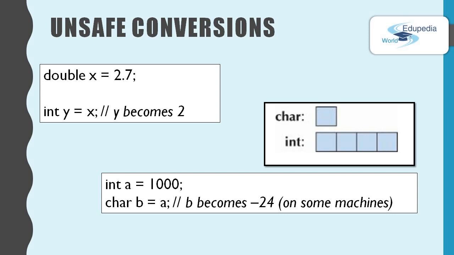Conversions from int to char don't have problems with truncation, since neither int nor char can represent a fraction. However, a char can hold only very small integer values. On a PC, a char is 1 byte, whereas an int is 4 bytes. So we can't put a large number such as 1000 into a char without loss of information. The value is narrowed. For example, the value can become minus 24, where it makes no sense.